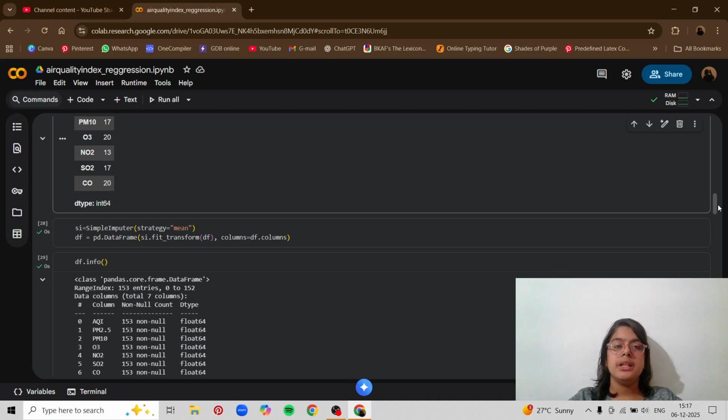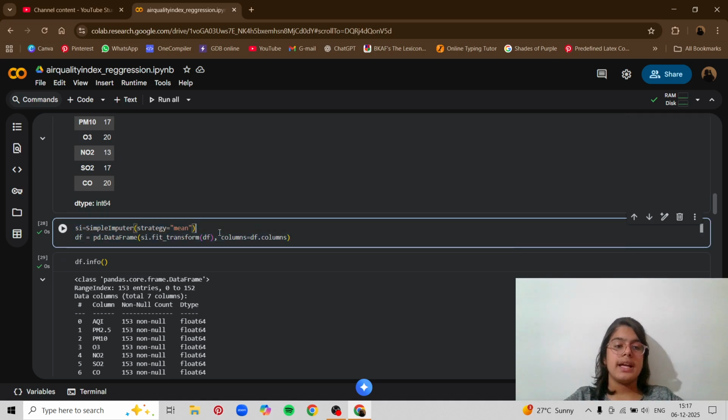If I do not use simple imputer, I have to add the mean value in every null place. If there are 20 null values in this O3, I'll have to find the mean and add it to all 20 of them, which will take too much time and also has more chance of errors. So we will just use simple imputer.